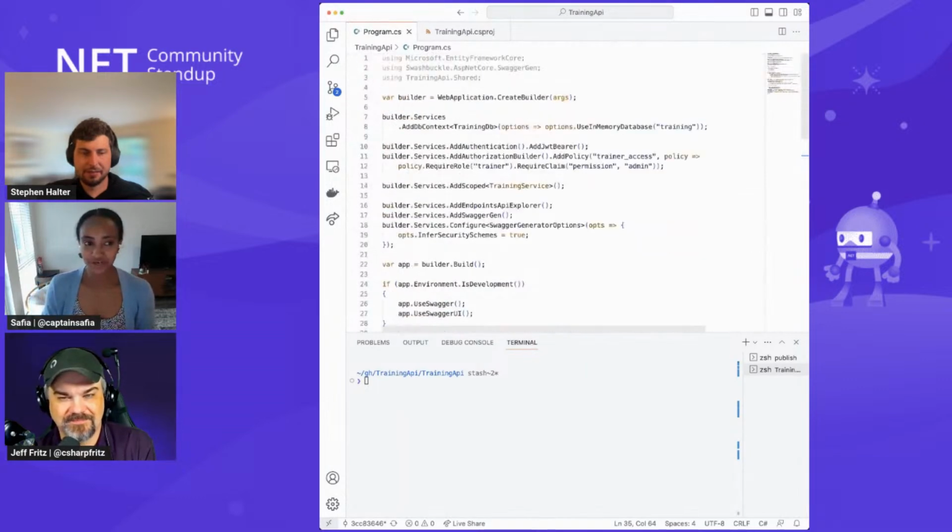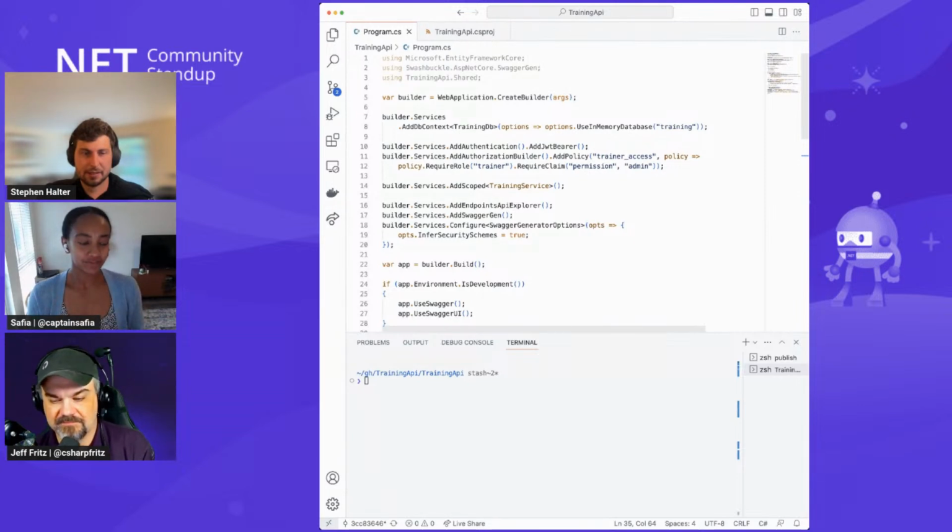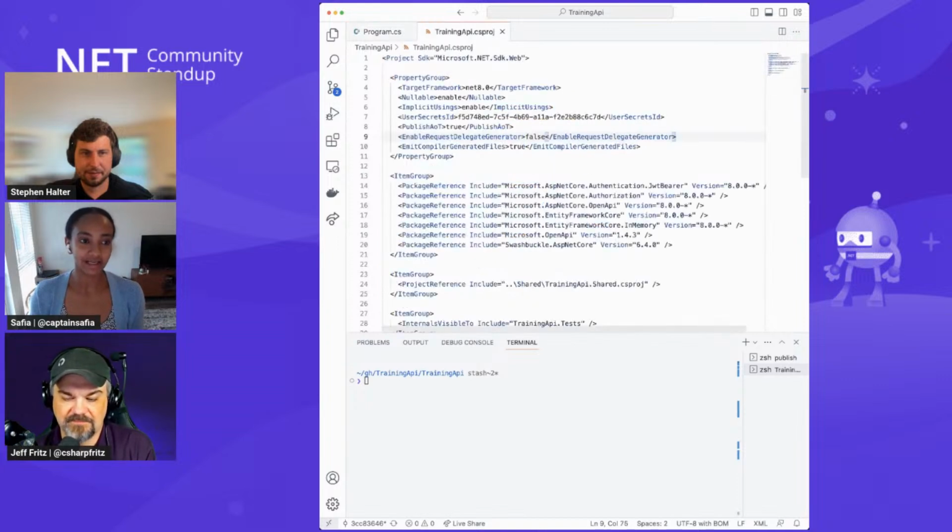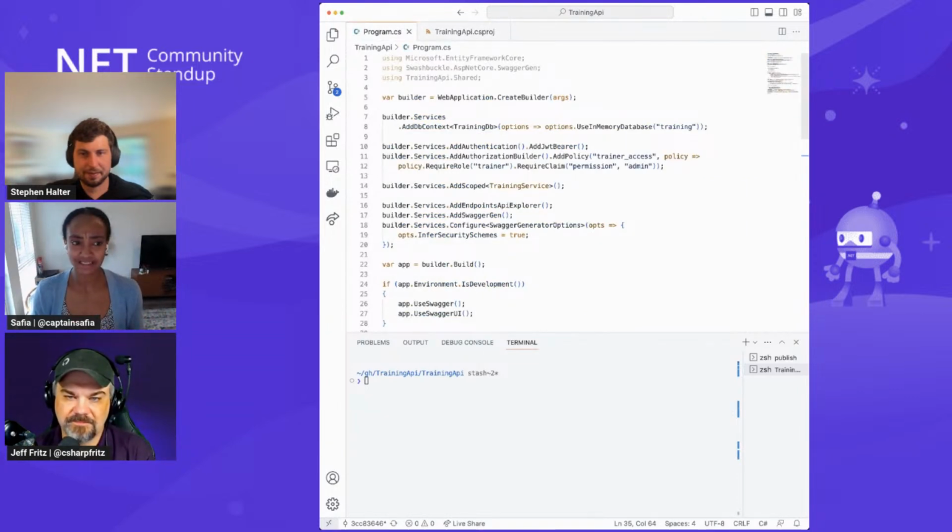So cool. I'm starting off here with an application that I've used in the past to demo some .NET 7 functionality. It's available on my GitHub. It's the training API repo on my personal GitHub account. I'll try and post the link to that later so you can see the work. But what I've done is I've taken this application and I have upgraded it to .NET 8. So I've got my TFM upgraded, and I've got all of the packages and dependencies updated. Most of the code has stayed the same.